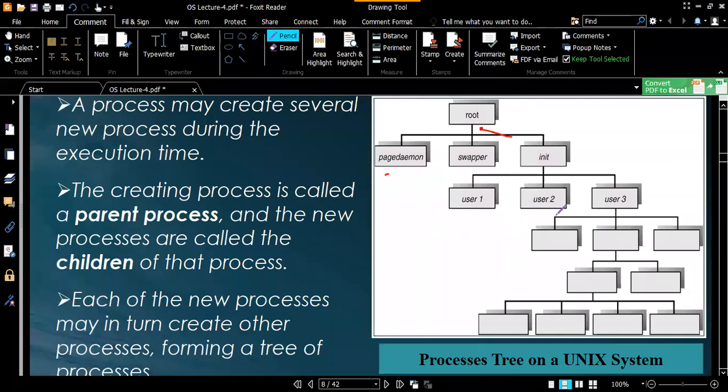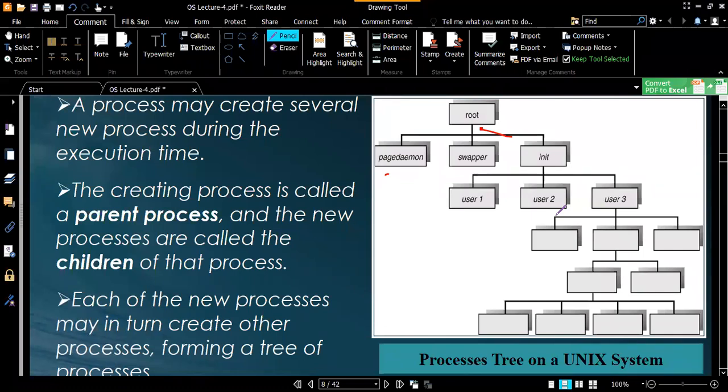So basically whenever you are running a process, by intention or unintentionally, many other processes are being created. Let's assume you're listening to music, okay, and you're just using a VLC player, and then suddenly you want to update the VLC player. So another process will be created to do the update function. You're listening to the VLC player and you want to see the video as well, so the video function will also be called. So whenever we are using one process, by intention or unintentionally, we actually create many sub processes,